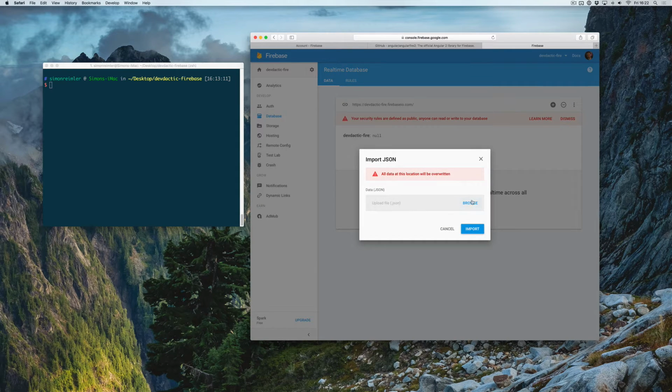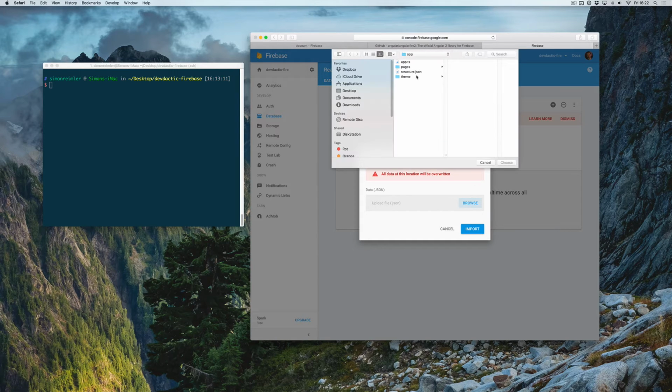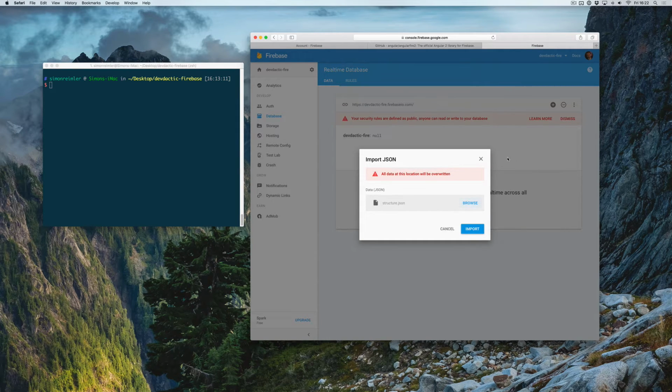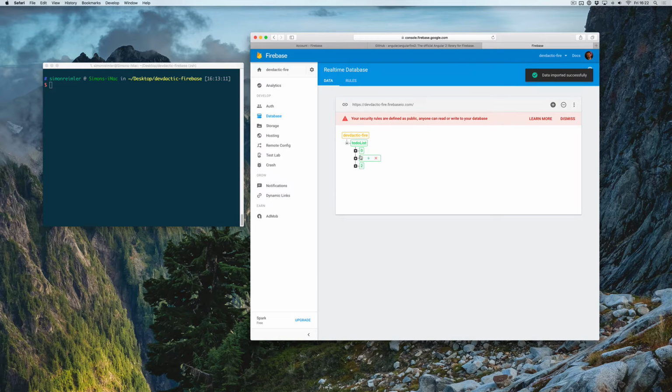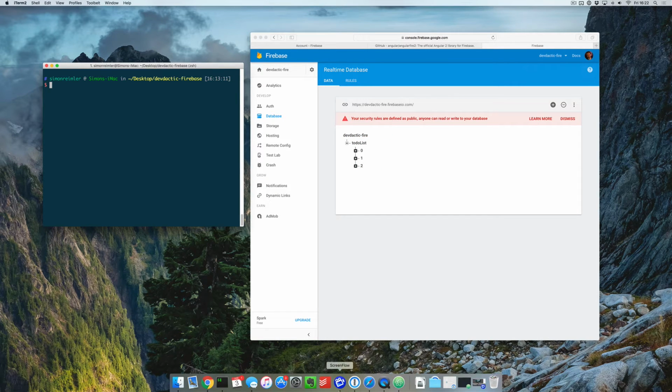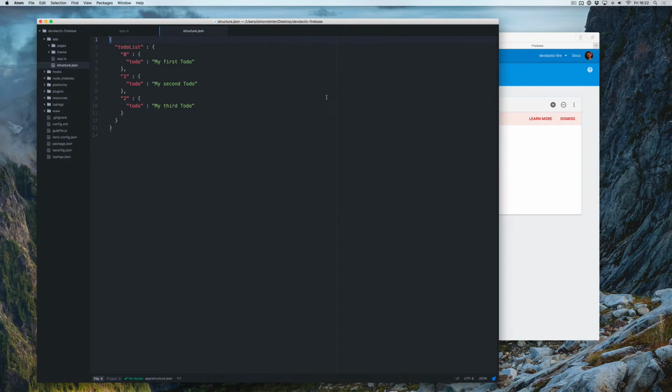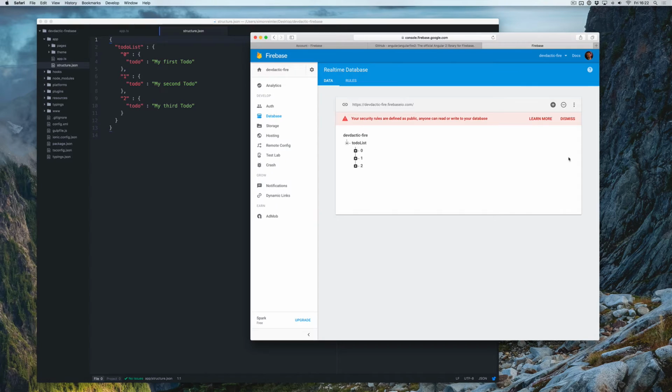So import the JSON file. I've already created a little structure, which I will show you in a second. So it looks like this. And this is the data contained in the structure JSON. So this is what I just added. Use security defined as public. Okay, yes. That is not so good, but